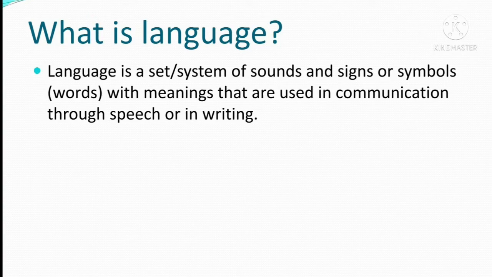Now, as human beings, we use language, and when I say language is a set or system, I mean that human language has its own formation, its own algorithm, right? We have an arrangement either of sounds or of alphabets so that they give you meaning. So that is what I meant by language is a system of sounds and signs or symbols. Sounds is what we speak. Now I am speaking with you and you can listen to me. And how about written communication?